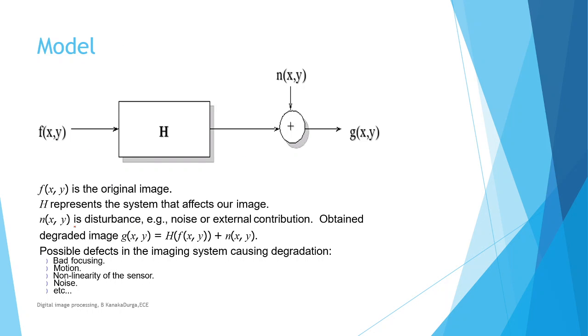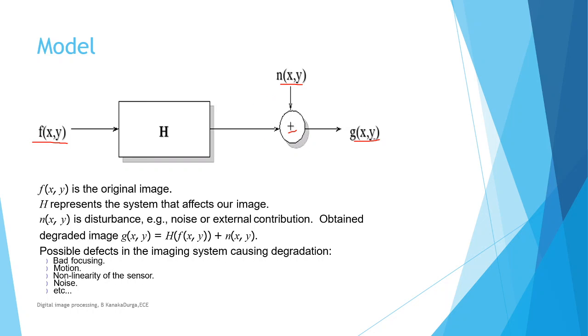So this simplified model can be represented with the degraded image estimation. We just take the image f(x,y) and the function h. What does h represent? The degradation function h, and this is the symbol for additive. Plus indicates the addition of noise. What is the noise? n(x,y). It is going to give us the degraded image.